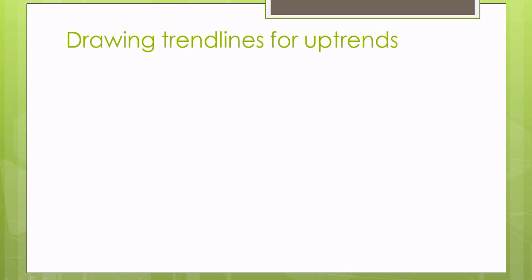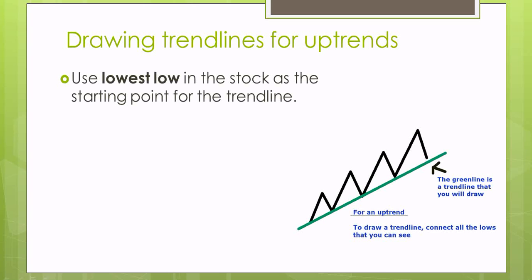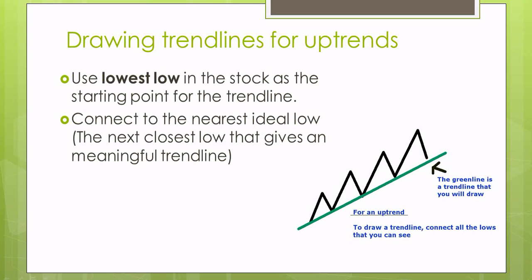Let's begin on drawing trend lines for uptrend. To draw a trend line for an uptrend, you want to begin by using the lowest low that you can see in the chart to act as your starting point for your uptrend. Next, you want to connect to the nearest ideal low, which is the next closest low that will give you